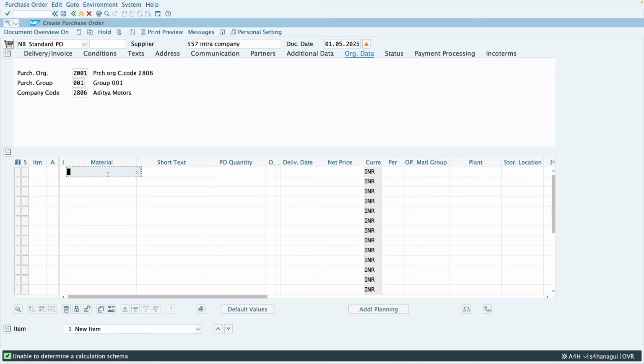Now we'll enter the material here. We'll enter a quantity. We'll enter the net price and the receiving plant. Now this plant belongs to a separate company code. That is, this plant belongs to the company code which is different from the company code to which our supplying plant belongs. So we'll enter the receiving plant